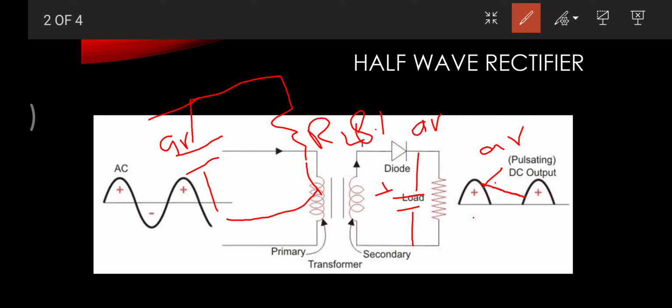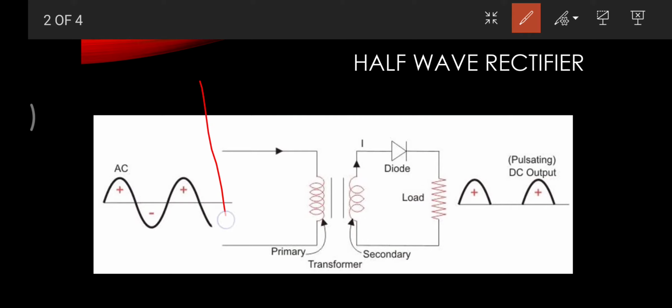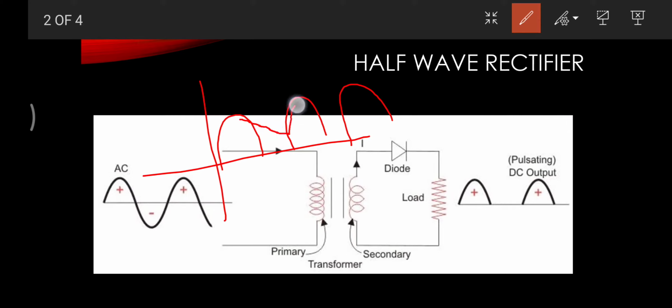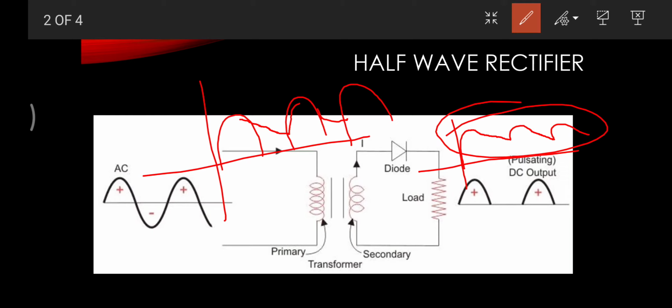So how does it look? If this is your cycle, what happens here is that as 9 volt appears, the capacitor starts working, and then the positive cycle comes, and then again. So the output you get from a capacitor is something like this. It is not even much smooth, but using correct capacitors you can smooth this voltage.